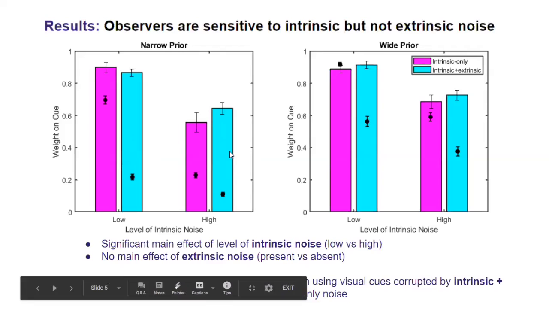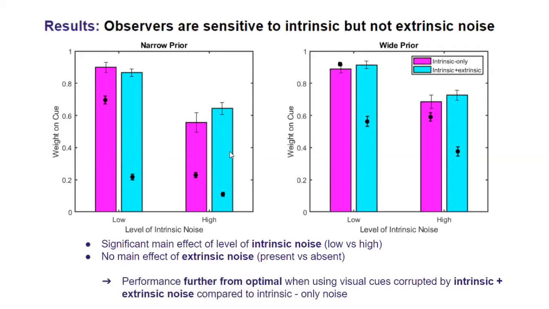There was no significant difference found between the weight participants put on the visual cue, whether extrinsic noise was absent or present. This is shown through a comparison between the magenta bars and the cyan bars. The black dots visible on the graph represent the weight placed on the visual cue by the ideal optimal observer. Our results show that performance was further from optimal when using visual cues with intrinsic and extrinsic noise in comparison